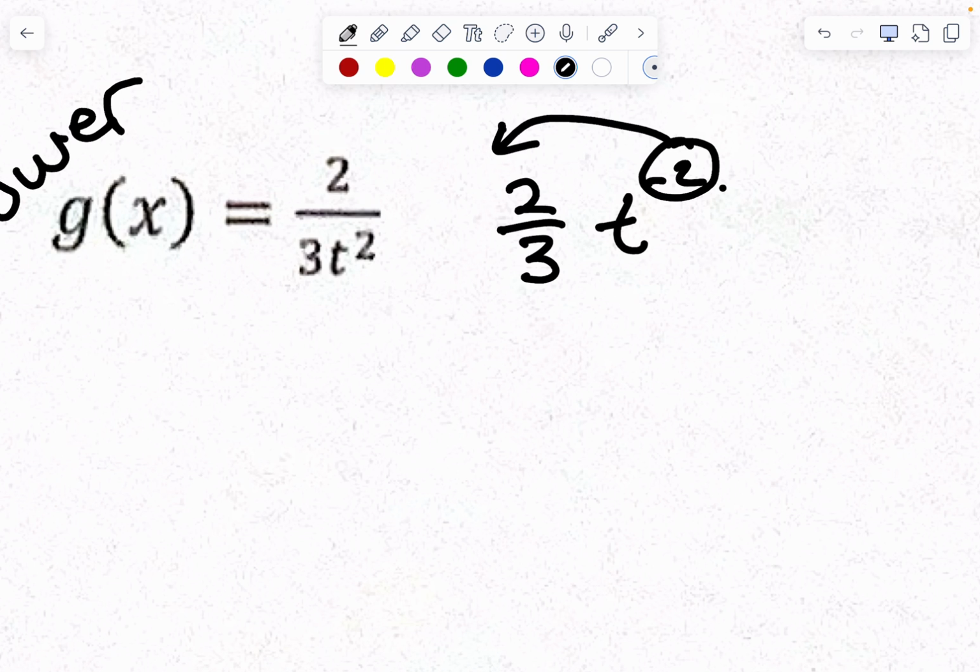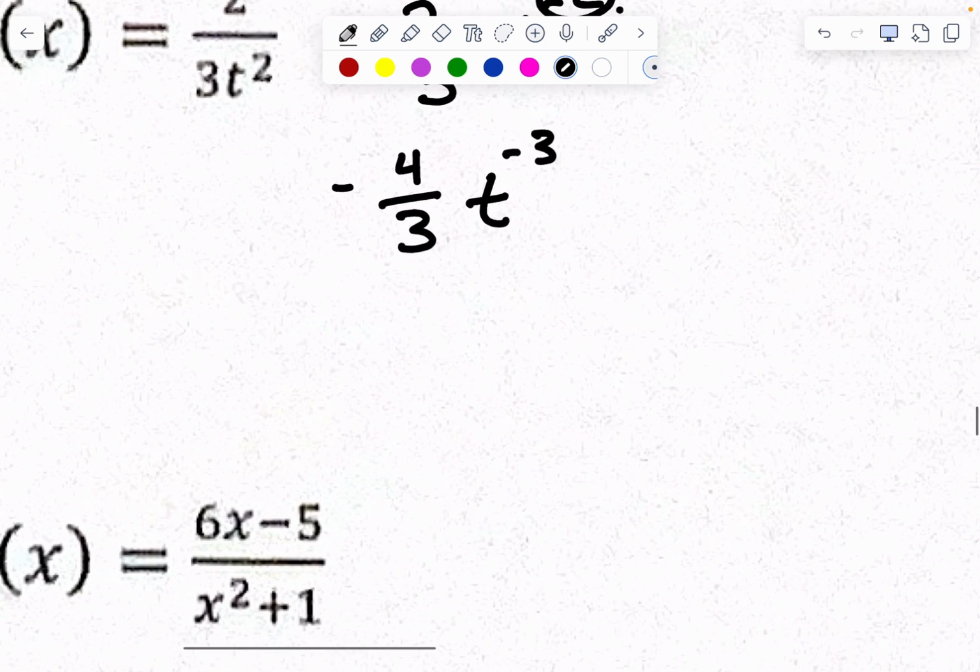That becomes negative 4/3 t to the negative... Do you know what I put there? Negative 3. Don't forget, you're subtracting, right? Yeah. Okay, now let's fix it again. Put it back down to the bottom. So negative 4 over